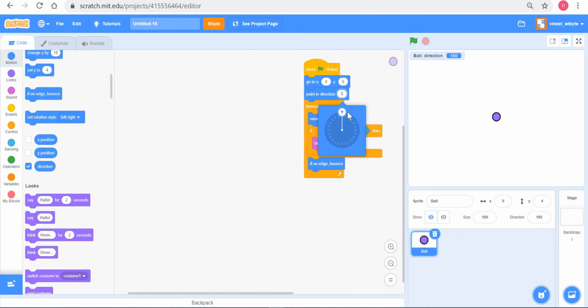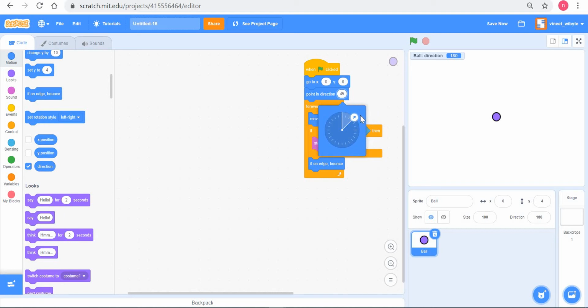Now, let's say I change this to 45, right? So this number has become 45. For those of you who know angles, they would realize that this 45 is the angle in degrees of this line, this ray, with respect to the vertical, right? So it's this angle. But if you do not know angles, worry not, because this arrow is where the direction is pointed.